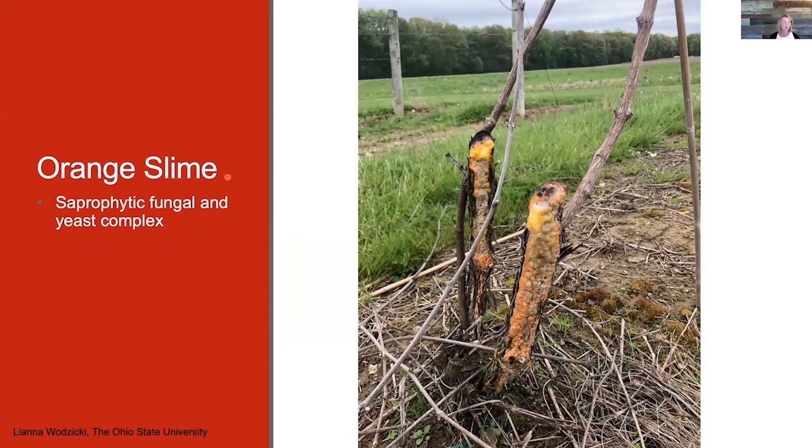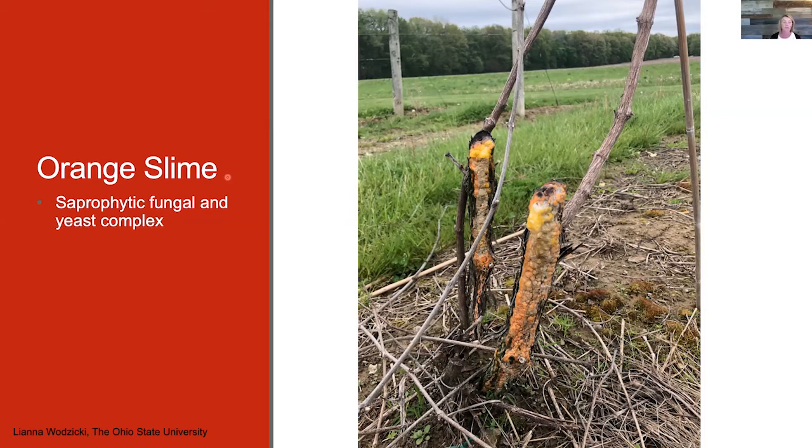So that ends ozone. So the next one I want to talk about is this orange slime. And if you're on Facebook, you saw this. Leanna was out in our Traminette field last week and came across this. This is honestly the first time that I've ever seen it, although I've only been working with fruit crops since 2016. Before that, I was veggies. But you can see that it's pretty noticeable, and it can be pretty darn shocking when you see it. And basically what